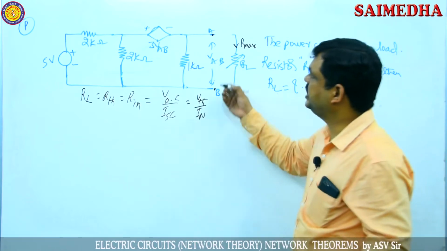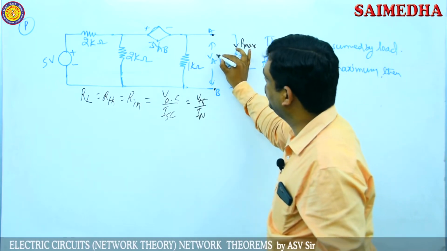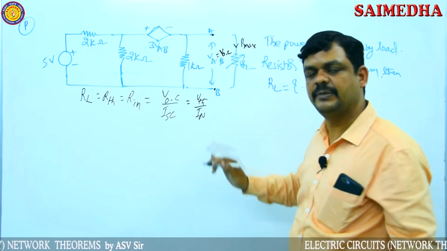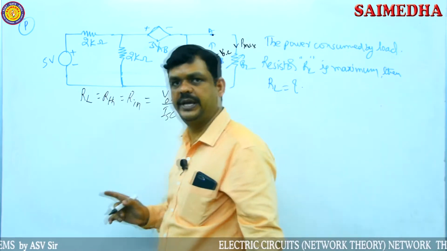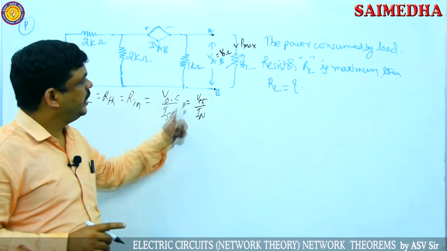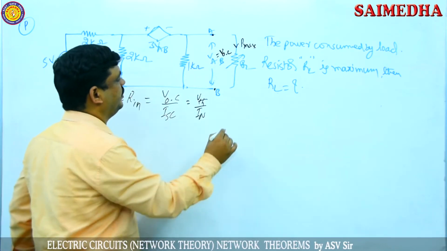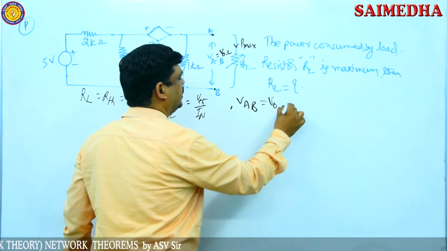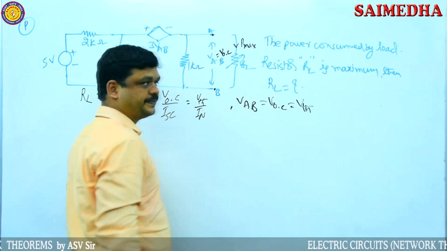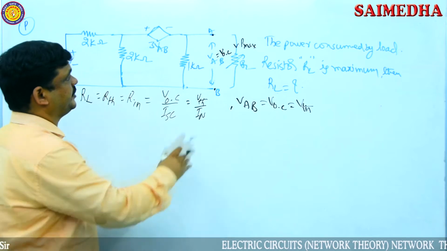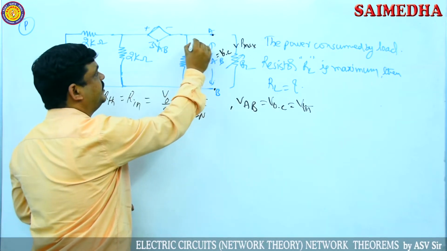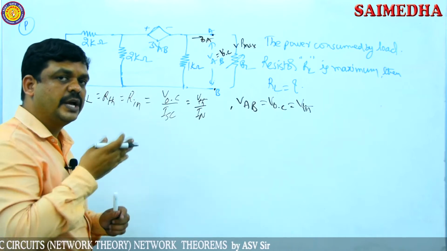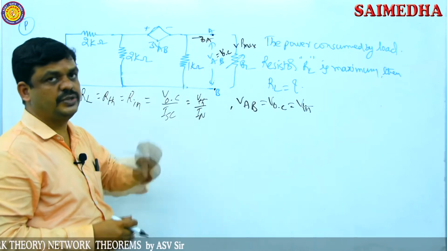To find the Thevenin's voltage, here I am assuming open circuit voltage. Open circuit voltage is equal to Thevenin's voltage across the A and B terminals, so that is equal to VAB. According to the given problem, VAB is equal to VOC, that is equal to V Thevenin. For the analysis, now this part is open. If this is open, the current through this is 0 amps, because at open circuit load terminals the current should be 0 amps.